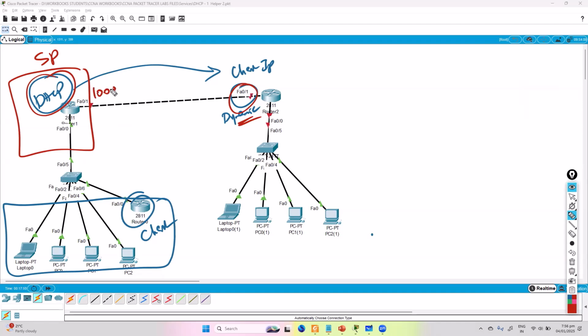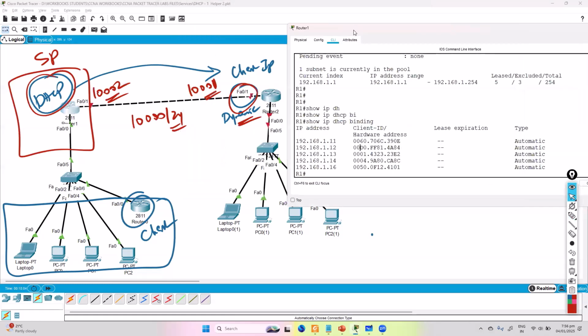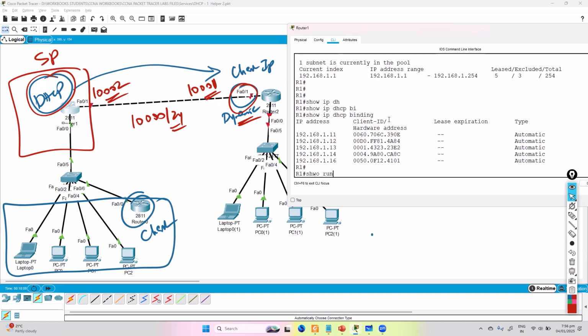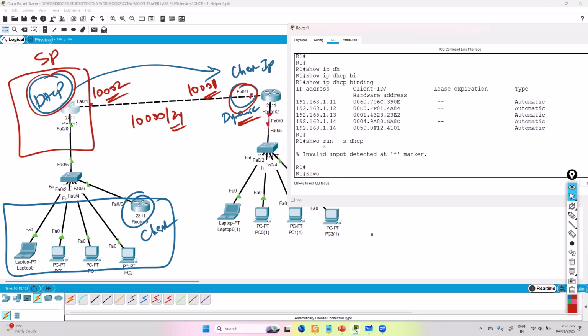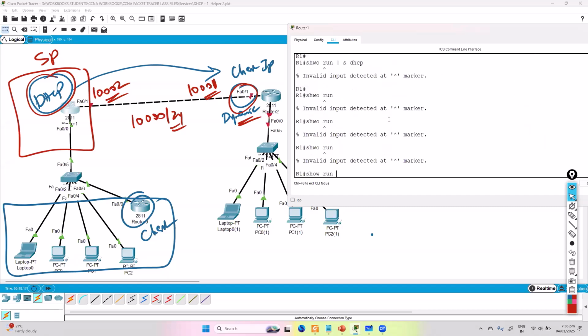Okay, so I'm going to use some IP like 10.0.0.2 here, 10.0.0.1 here, or vice versa, and I'm using a 10.0.0.0/24 subnet on this. Anyway, this lab I'm documenting on the other side, but still we'll do this. Now, the one thing we need to understand here is on the DHCP server, if you verify the DHCP configurations, like if I say show run section DHCP,